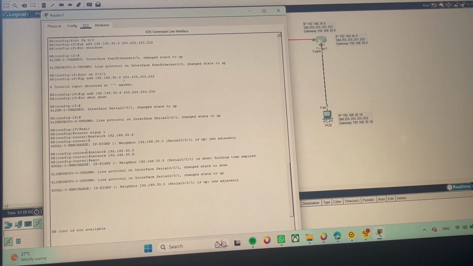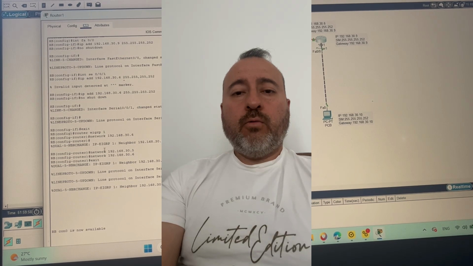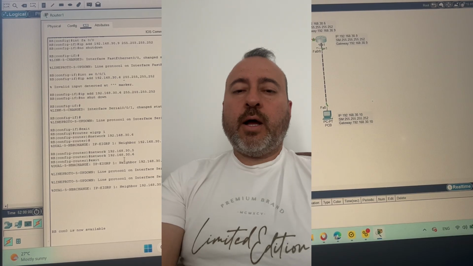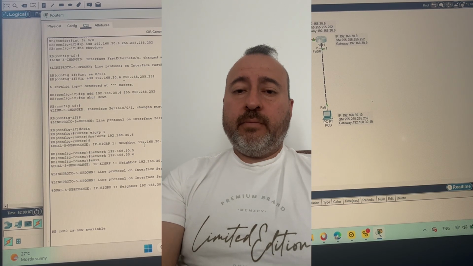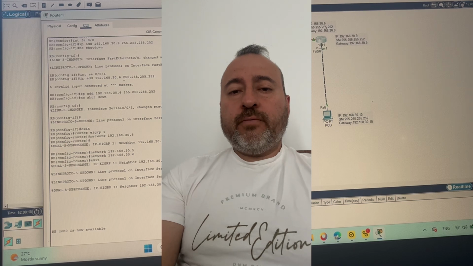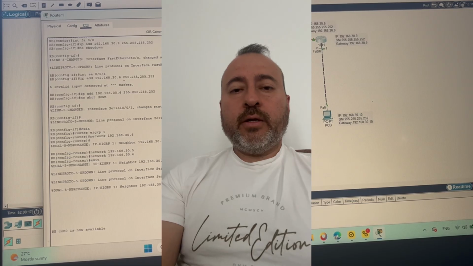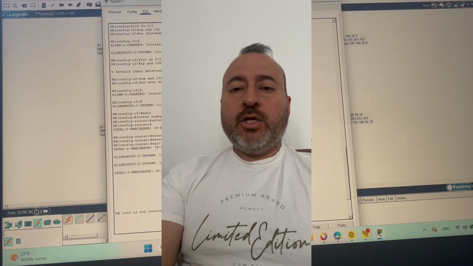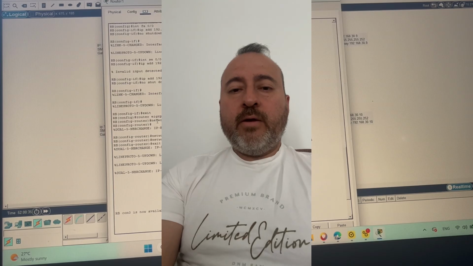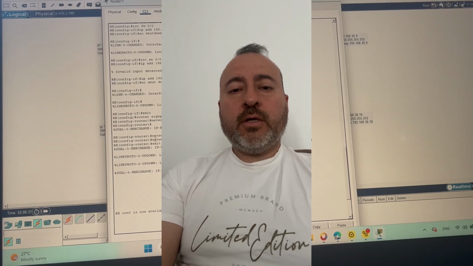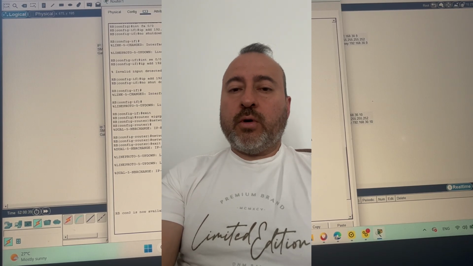But then we can apply the EIGRP protocol. My name is Alex Ochoa, and in today's video I'll be showing you how to design and configure an IP address scheme assigned to 4 different subnets and routers. Then we'll connect all of those subnets together in the most efficient way possible by implementing both EIGRP and OSPF routing protocols. Finally, we'll verify that everything is working correctly by performing end-to-end connectivity tests